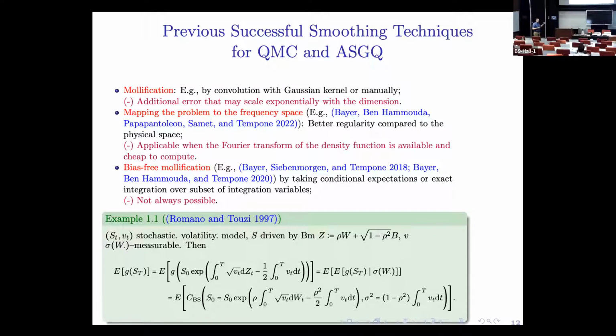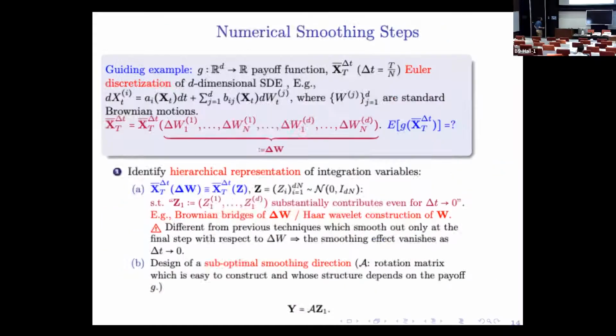So what we are suggesting is something complementary. There is no good way or bad way in the absolute sense. Each way has advantages and disadvantages, and depending on the problem, you may use the one that is more suitable to your problem. Does it answer your question? Yes, yes. Thank you. Okay, thank you.